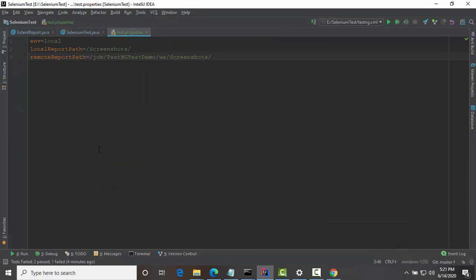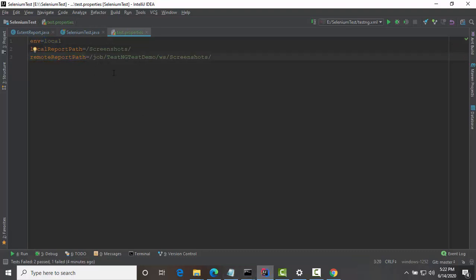Here I have done two things. First, I have controlled which path to take based on this environment variable. If I specify local, then it will take this particular folder path and the images will be available to the report. If I specify the environment variable as something other than local, say Jenkins, then it will use this particular remote report path.